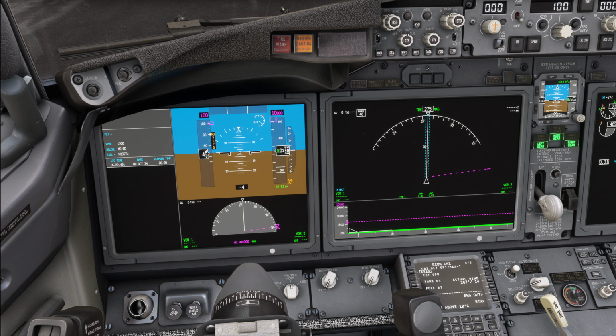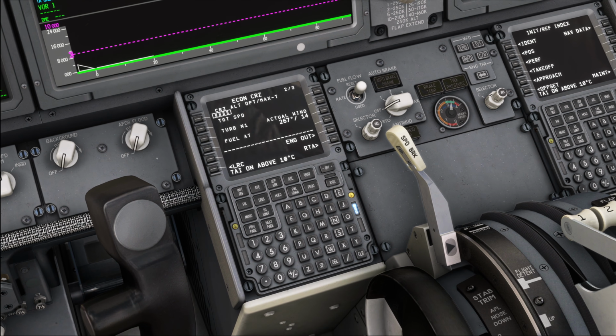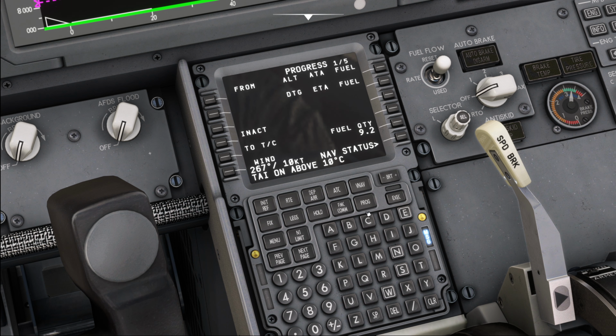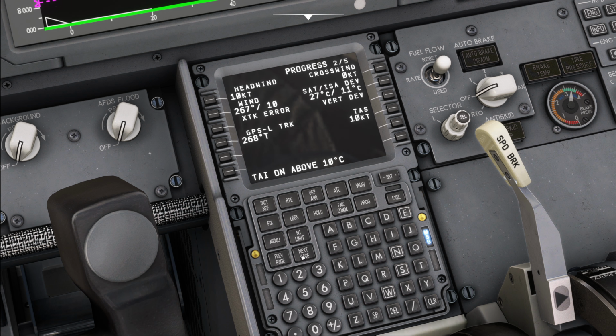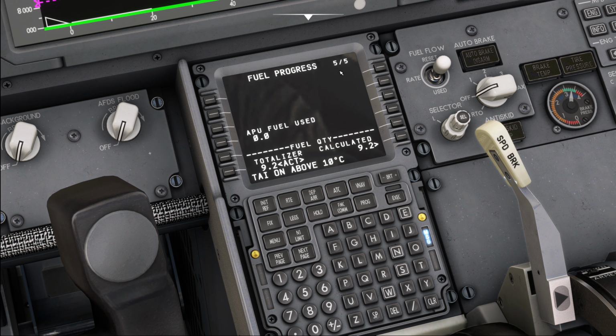Now let's go ahead and have a look into the flight management functions, because there are a couple of changes to the FMC in the Boeing 737 MAX compared to the Boeing 737 NG. And we're going to start with the new progress page. The 737 NG had 4 progress pages available, but the MAX has a 5th one, and that is the fuel